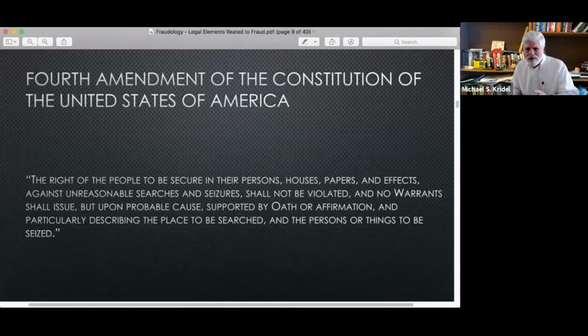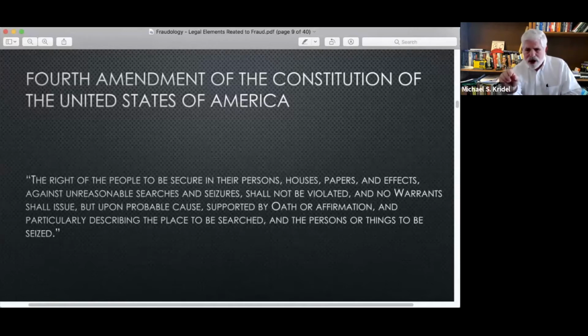This is what the Fourth Amendment says, and it will not have any bearing except for context for you as an investigator to understand. I'll just go through it very quickly until we get to probable cause. The right of the people to be secure in their persons, houses, papers, and effects against unreasonable searches and seizures. In other words, law enforcement cannot just, without probable cause, enter a residence or stop someone or search someone or their vehicle, for example. Shall not be violated, and no warrant shall issue but upon probable cause, supported by oath